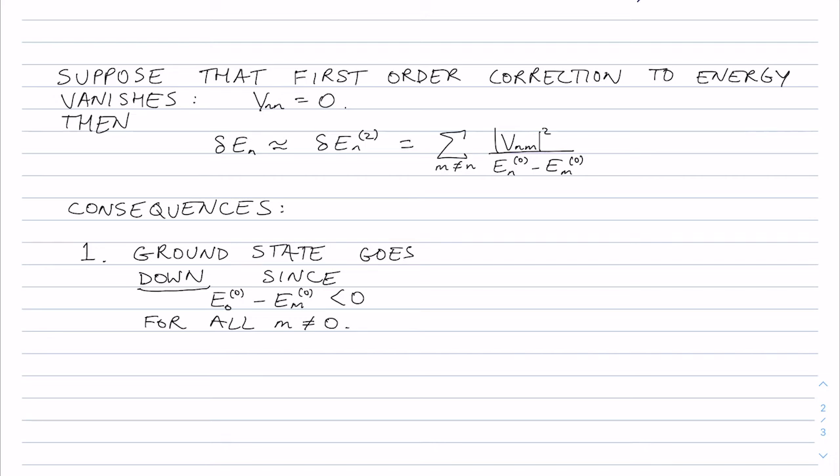So for all indexes m where m is not the ground state, the denominator of the equation above is less than 0, and the numerator is the absolute value squared, so that's positive. And so each term in this is negative, and so therefore the whole thing is negative. And so in the case where the first order correction to the energy vanishes, the second order correction is the